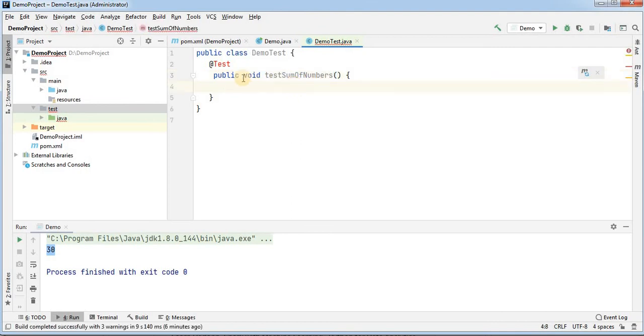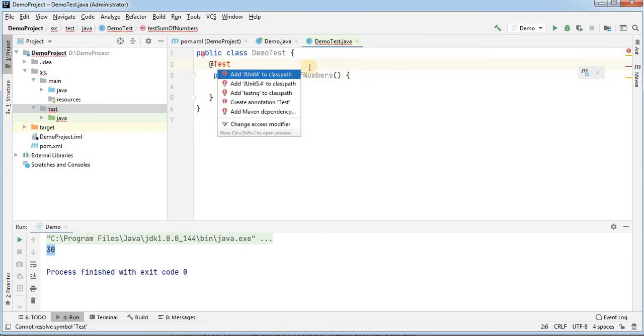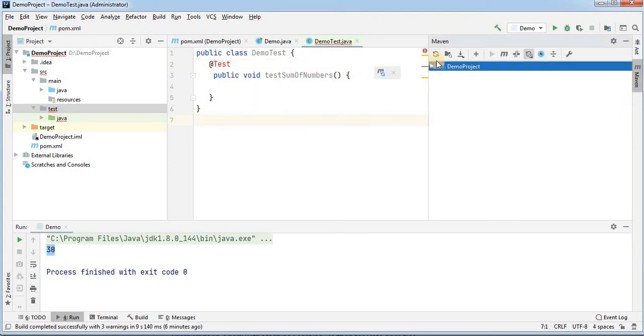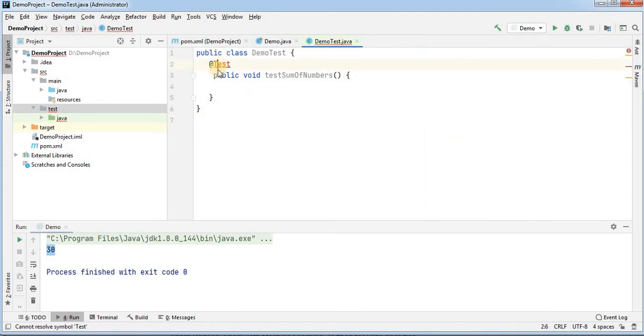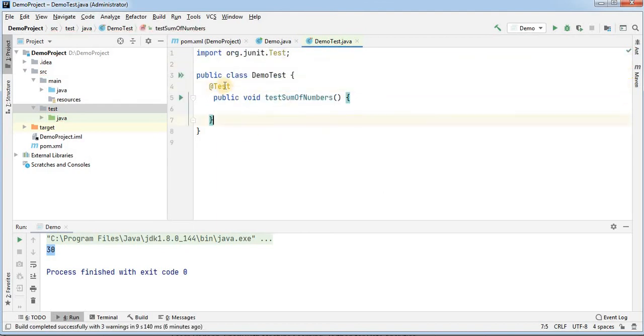And here if you see, now we have to refresh this, so this should be added into the classpath. Now we have to import this. So now this @Test annotation, this Test class is imported.